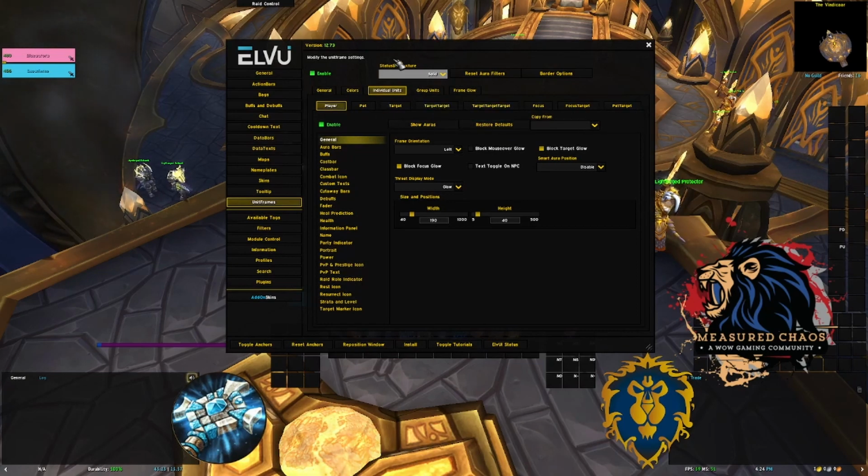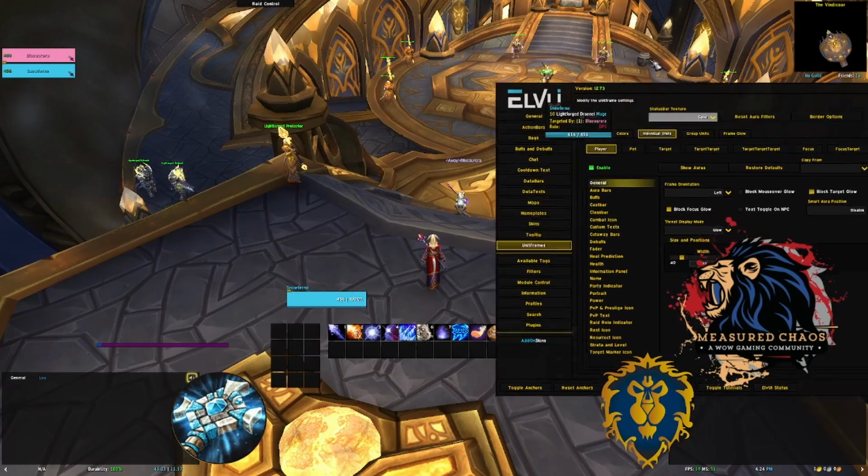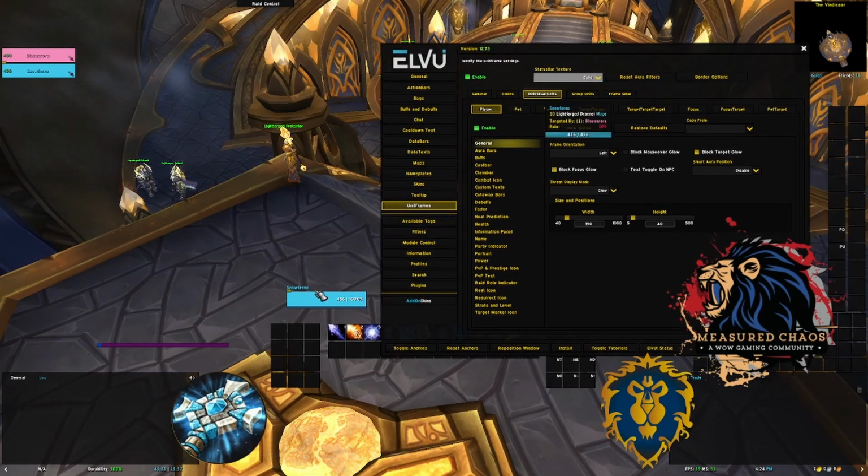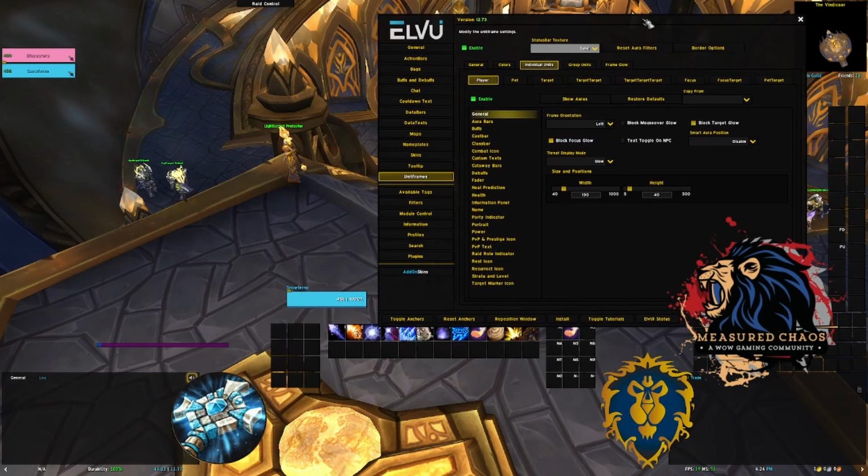So for player, now that's this one right here. That is a little smaller than I'd like. So this one and these ones are the ones we're looking for. So for now we're working with this one. That's a little smaller than I like. It has my name. It has, I believe, my current health and my percentage health here, and my class color. So I like all of those things. I think there's a way to make it so that it will actually show my character's avatar as well. We might do that. We might not do that. We'll see. So what I'm going to do is I'm going to go to player